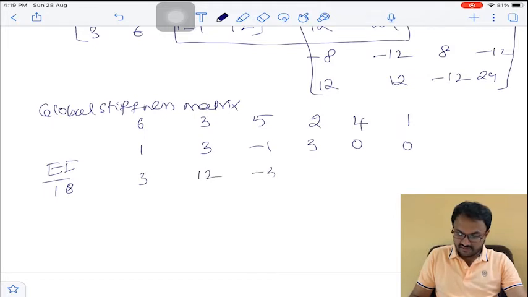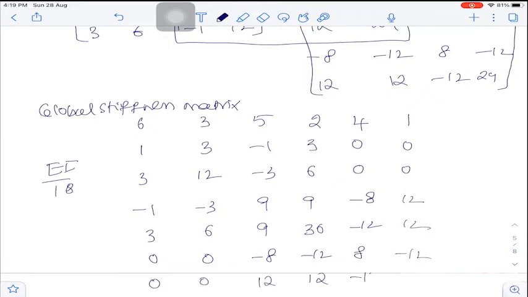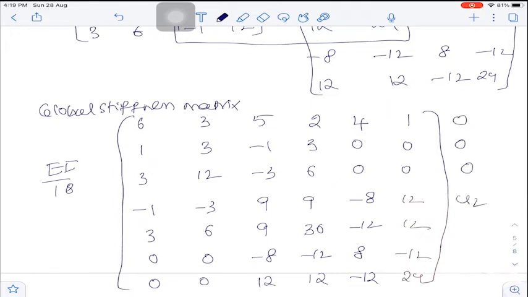3, 12, minus 3, 6, 0, 0. And it will be minus 1, minus 3, 9, 9, minus 8, 12. 3, 6, 9, 36, minus 12, 12. 0, 0, minus 8, minus 12, 8, minus 12. 0, 0, 12, 12, minus 12, 24. And the displacement vector corresponding to this is 0, 0, 0, U2, 0,